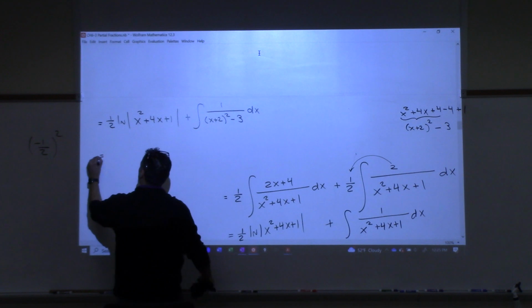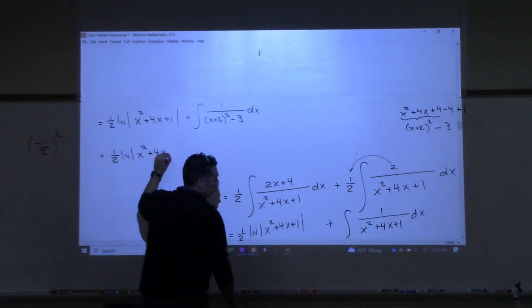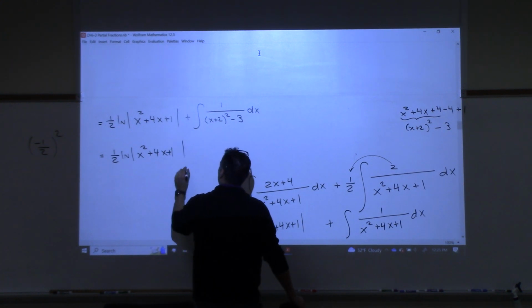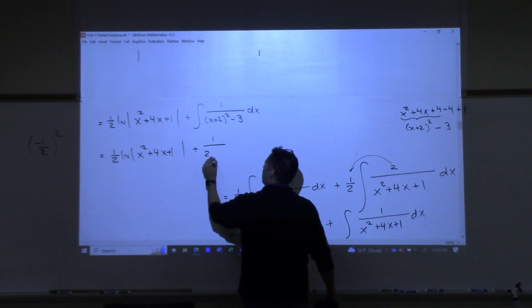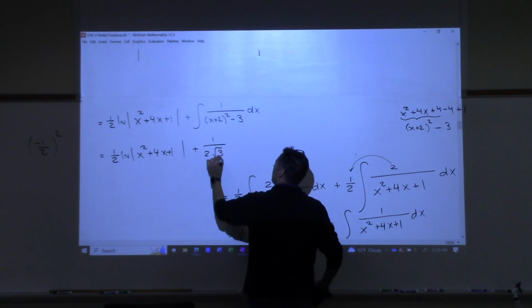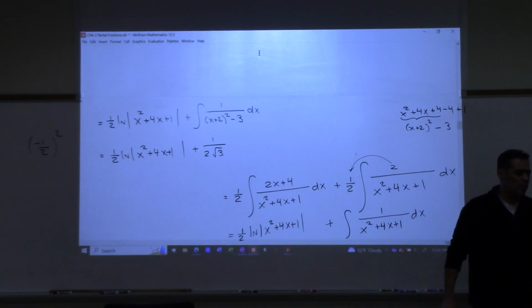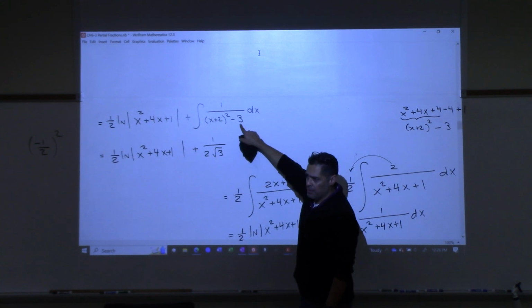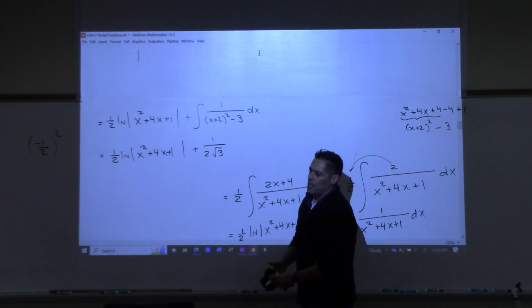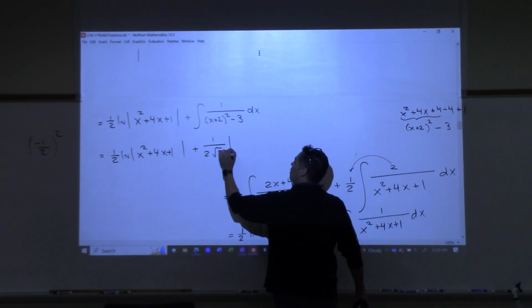So this equals 1/2 natural log of absolute value x squared plus 4x plus 1, plus 1 over 2 times square root of 3. So in the formula 20 that we're using here, a for us is the square root of 3, because this number is a squared. So the square root of 3 is root 3. And then natural log of